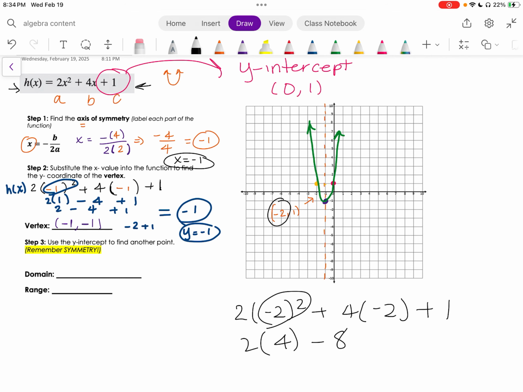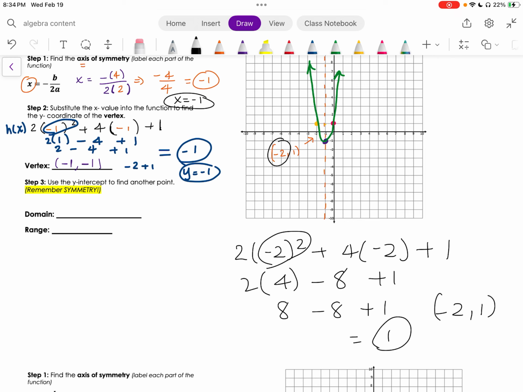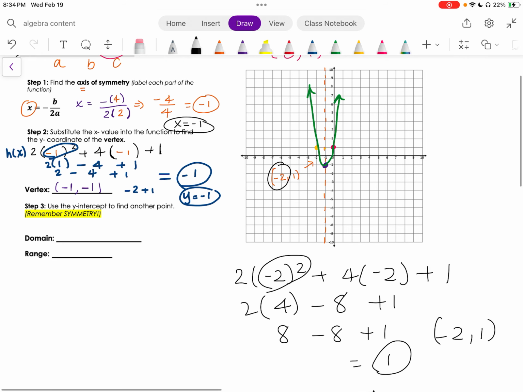This is going to give us -8 plus 1. When we multiply here, we get 8 minus 8 plus 1, which is going to give us +1. So that ordered pair was actually -2, comma, 1. So that shows us that the point that we picked is actually symmetrical to the y-intercept, and it also goes perfect with our